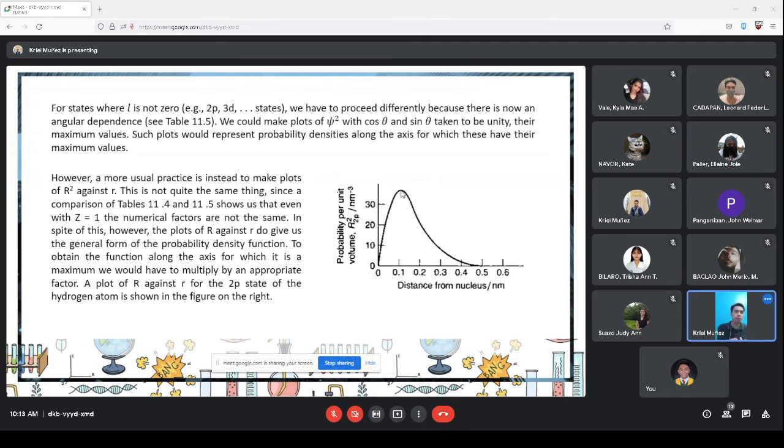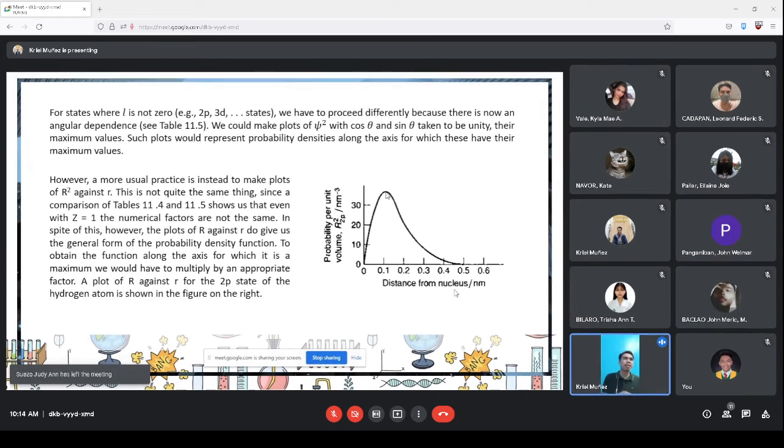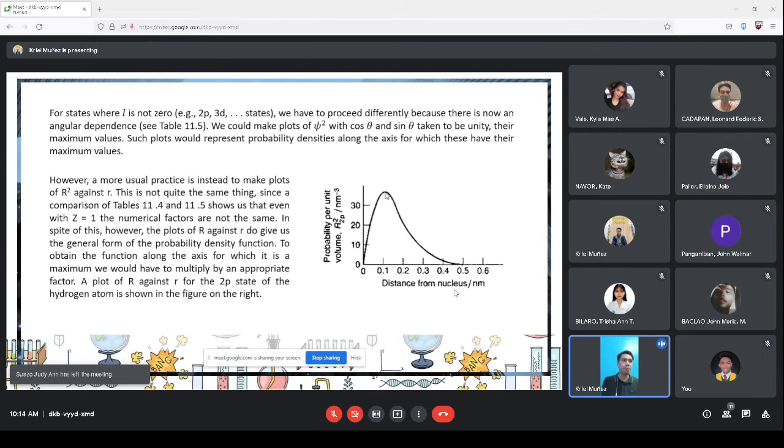And if you know, for example, that it is a 2pz orbital, you would know that the farthest point is somewhere along the z-axis. The maximum distance from the nucleus would be along the z-axis because it is a pz orbital. So somehow, class, this is still helpful, because we're just looking at the probability density in a general way. But we still need an idea of its angular dependence,